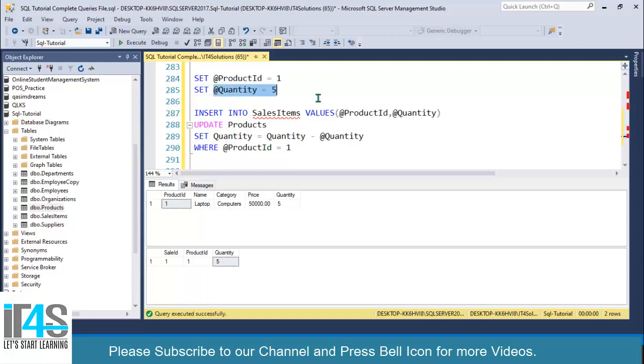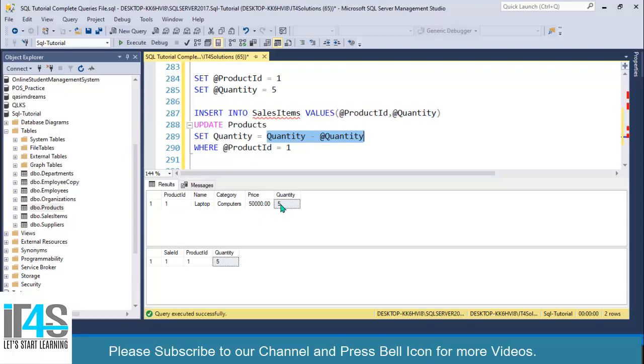And as we know, we had quantity of laptop 50 in our products table, but now the second statement will update this table and remove the selling quantity from its original quantity. So now this is the remaining quantity in our products table.